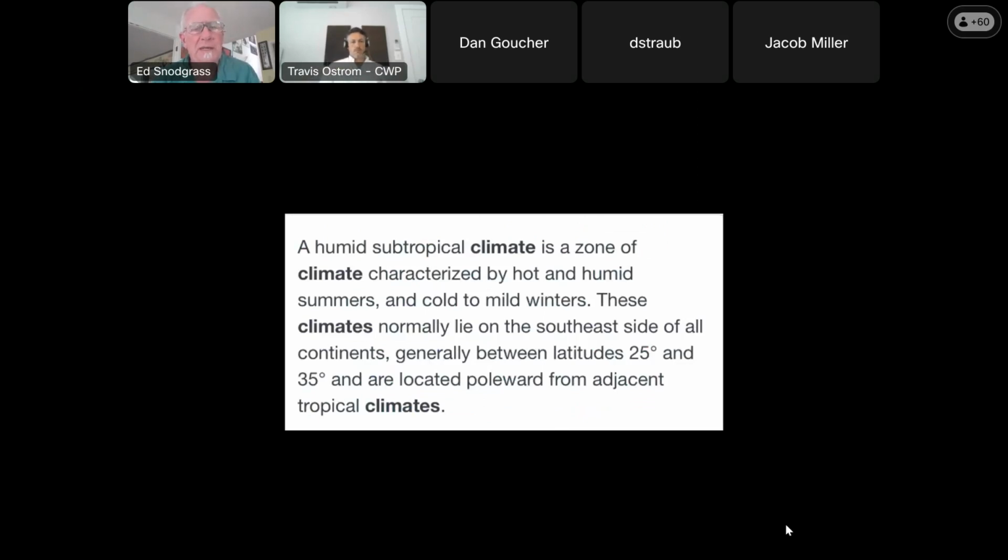This might surprise people, but we are actually a subtropical climate in DC, and it's characterized by hot and humid summers and cold to mild winters. So our really challenging plant time is actually where we are right now, July and August, where the temperature stays up